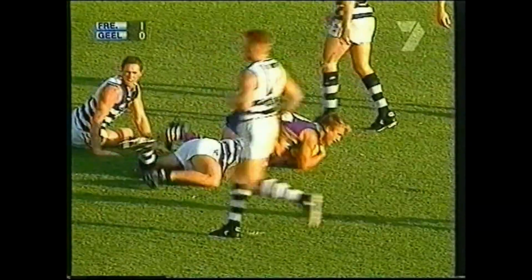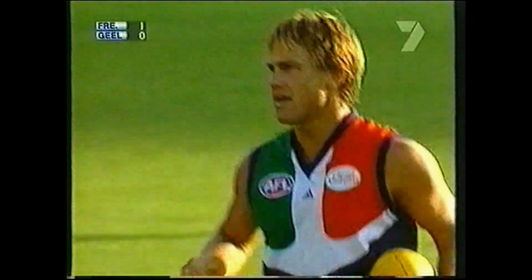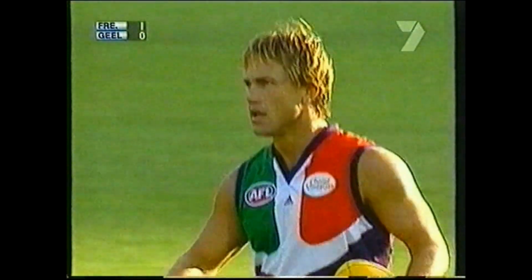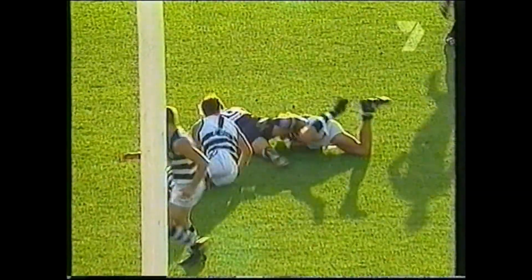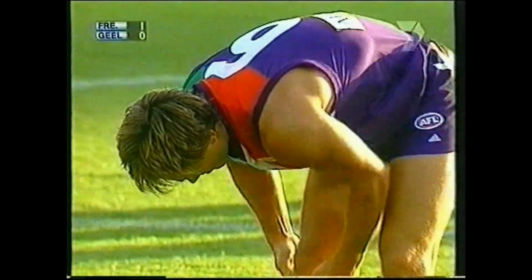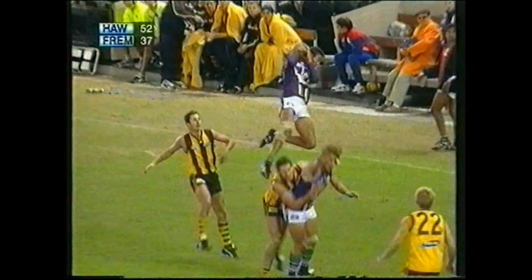Modra! Always his. He was third in the queue, but you could sense it. It was vintage Tony Modra. Well, that is just a sensational mark from Tony Modra. He got the big kick in from Pete, and that's really got the crowd going in the very early parts of this game. 15 points is the margin in favour of...